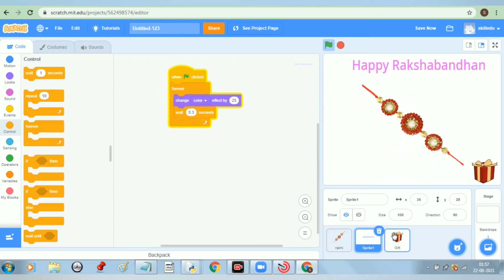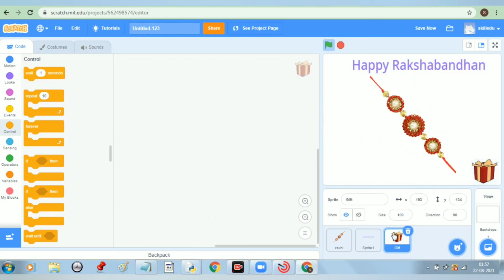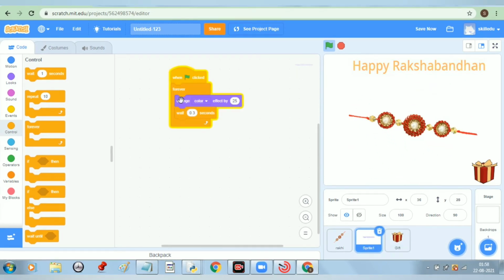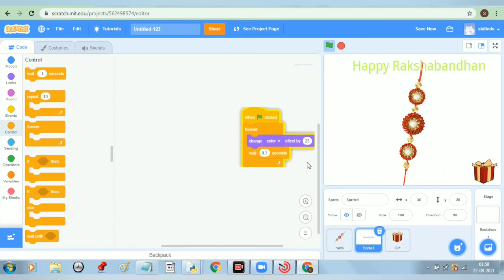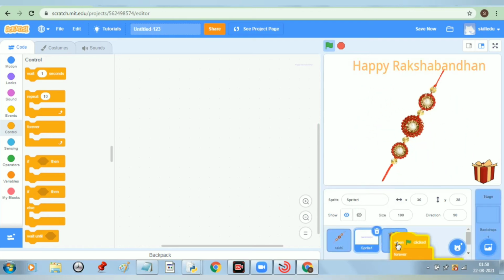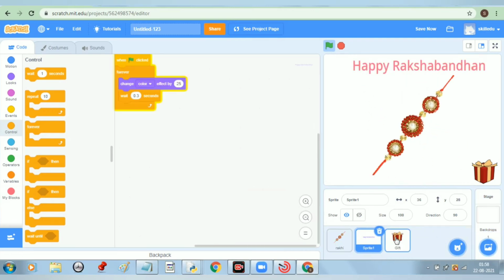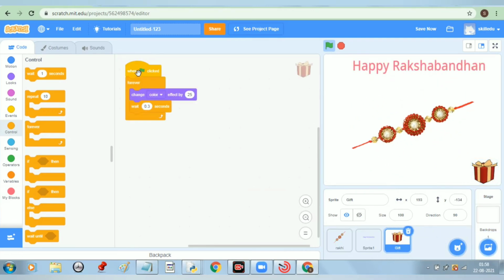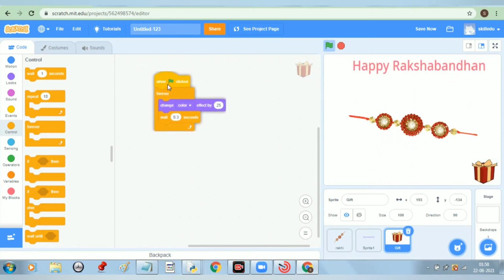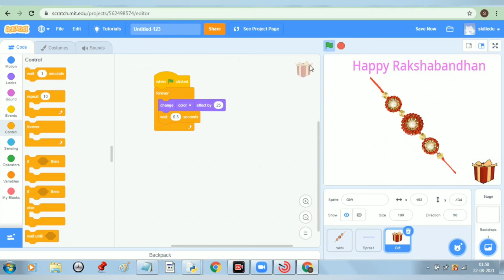Now let us write the code for this gift sprite. So the same code for this gift sprite. You can press your left button of the mouse and drag this code onto this sprite. Now when you click this sprite, this code automatically comes here. You can see this code over here for the gift sprite.